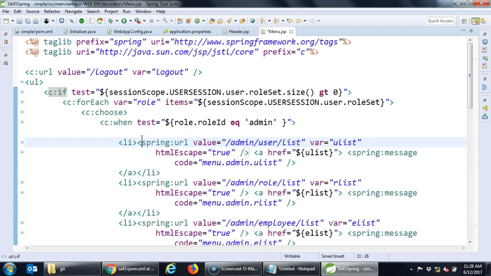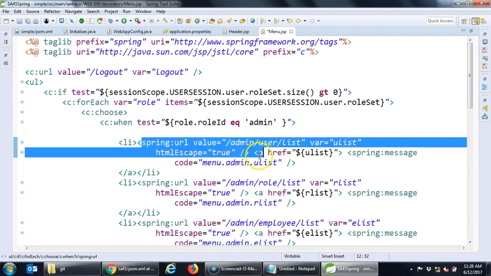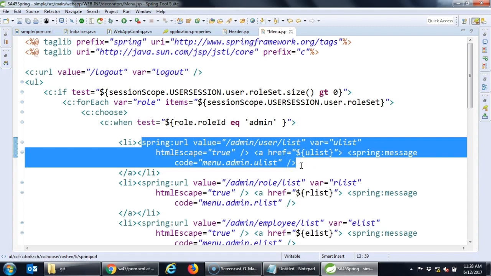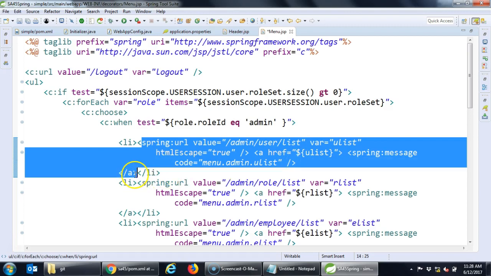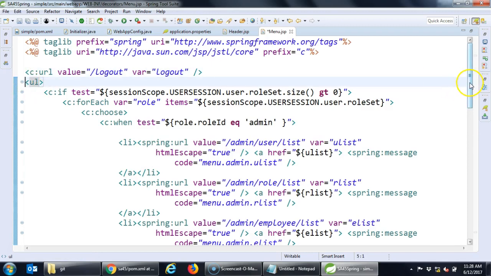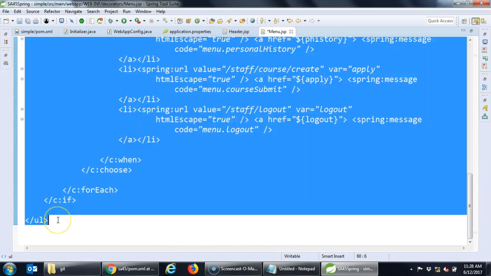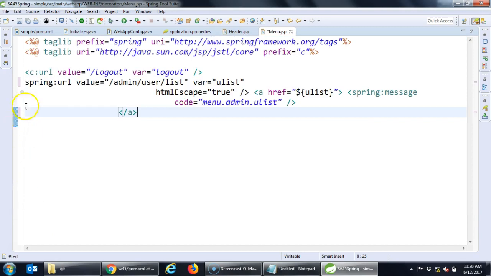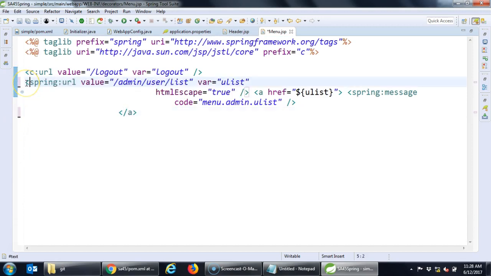I have too many URLs now, right? So I'll just take one. Then I'll remove logout, let it be there, but we will fix it later. So CURL and Spring URL are just the same, but it's just two different libraries. Okay, so I'm going to say, first thing is I want to do an admin, and I want to use